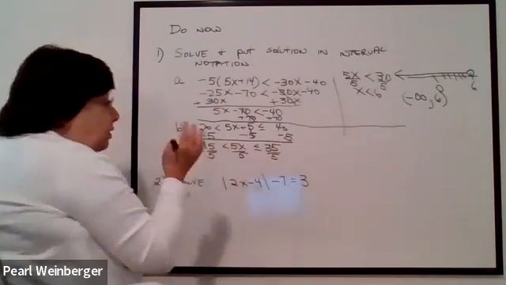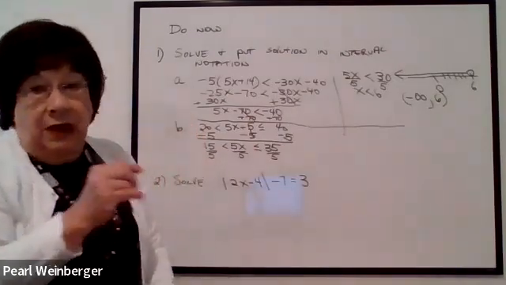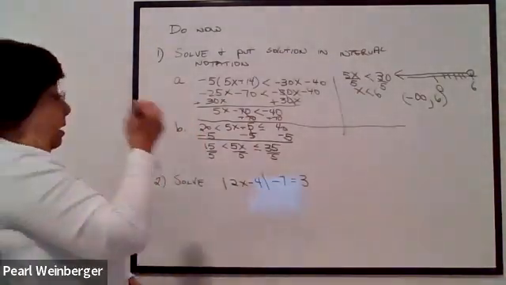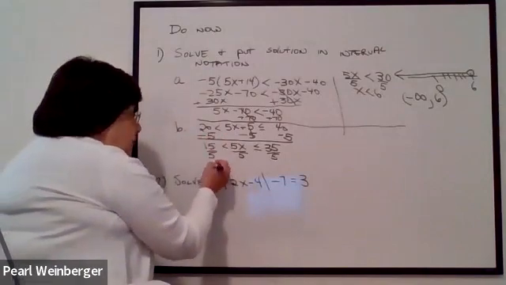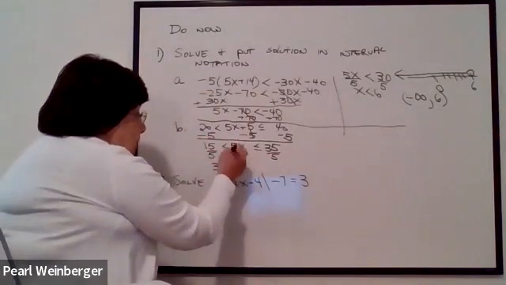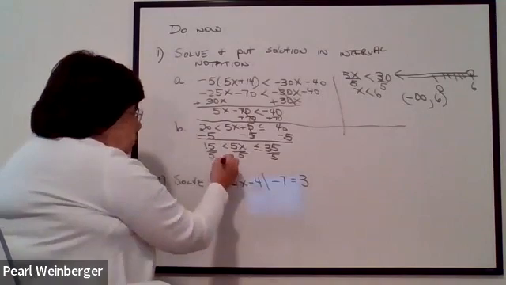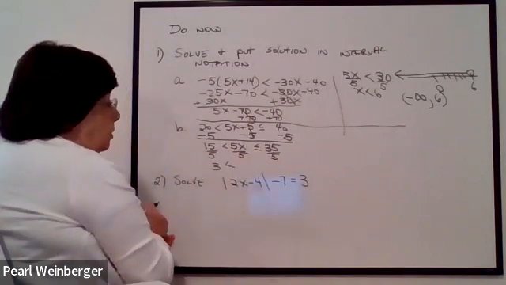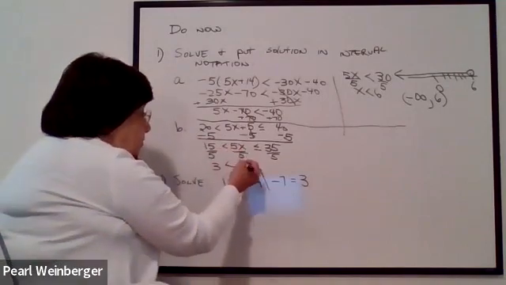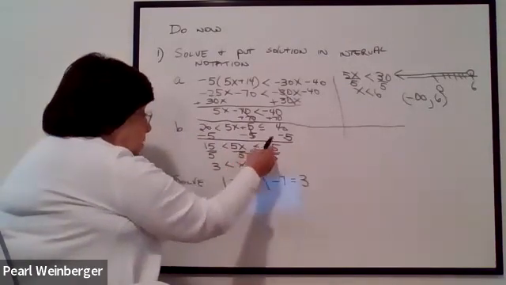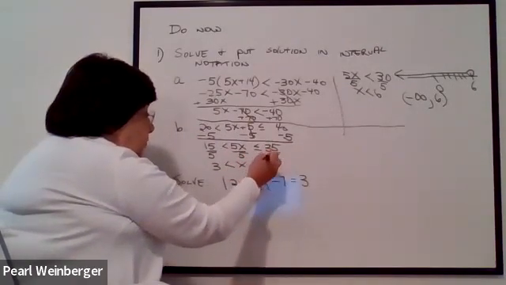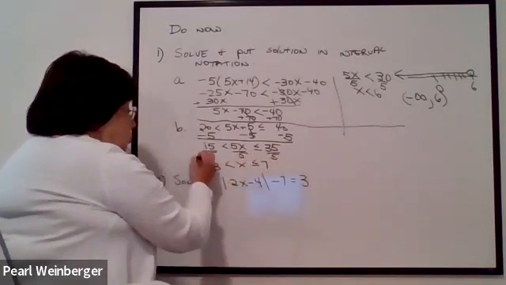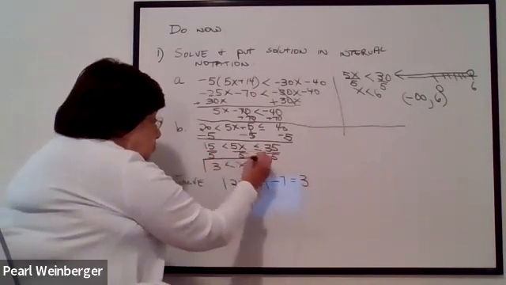Remember, I'm really doing 2 problems at once. So 15 divided by 5 is 3. We're dividing by a positive number, so the direction of our inequality remains the same. 5x divided by 5 is x. And 35 divided by 5 is 7. So here is your solution